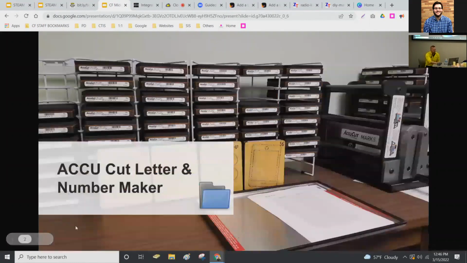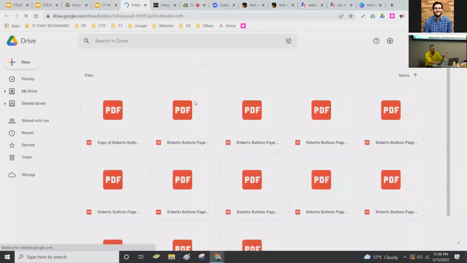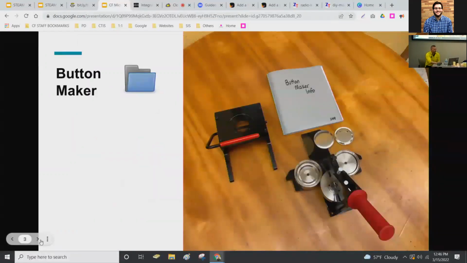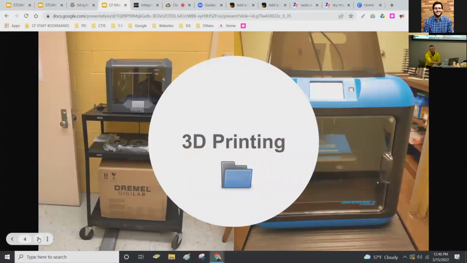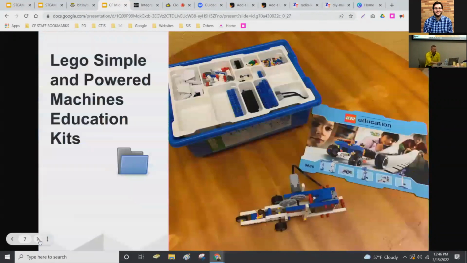If your school's collecting, it'd be good to have a resource for teachers to see what's available. We should send this out more, like a reminder: here's what's down here. We put a little folder so that if they're interested in the button maker, they can find it. If you're a media specialist or tech coordinator, have areas for your teachers to remember what's down there that they can use for all sorts of STEAM and maker projects. We just wanted to give you some ideas of what we were using.